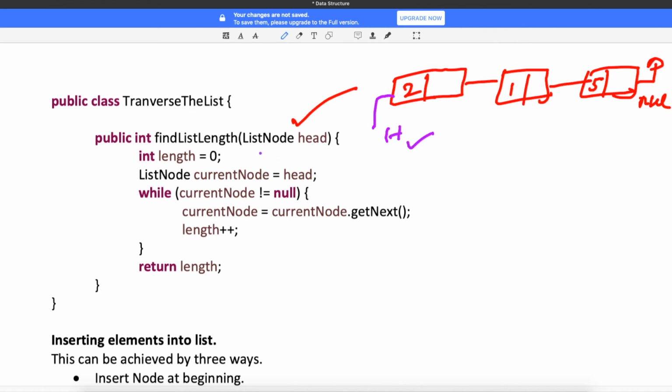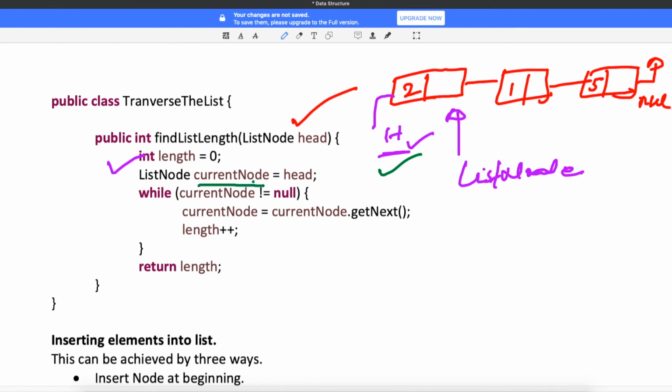So this method will take the head node, and again guys, every node is of what type? It is of type list node. If somebody asks you what the type is, it's the list node type, because that's how we have designed it. Now in the beginning the length is going to be 0, and whatever head node we have, we assign into a different variable, which is the current node. We should not change the head node, guys. In a linked list we should not change the head node. The standard practice is to assign the head node into another variable.